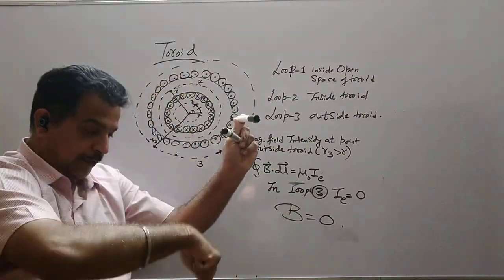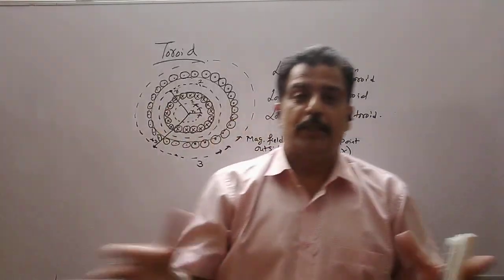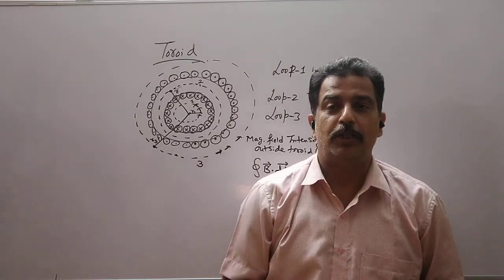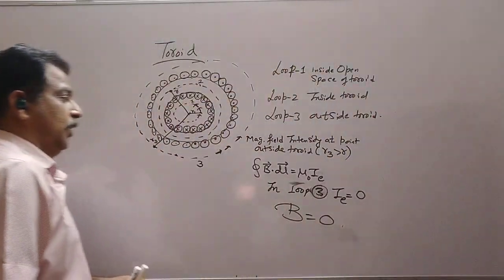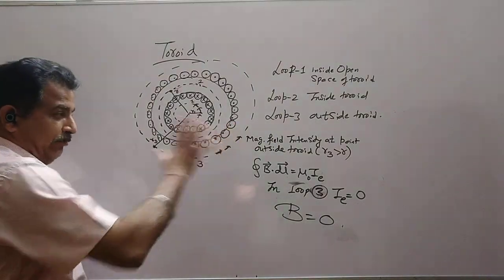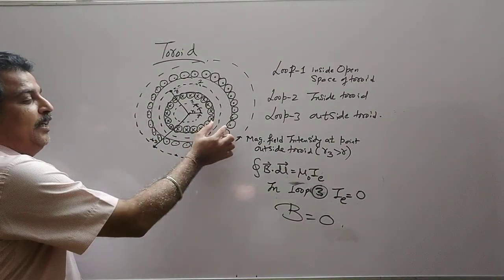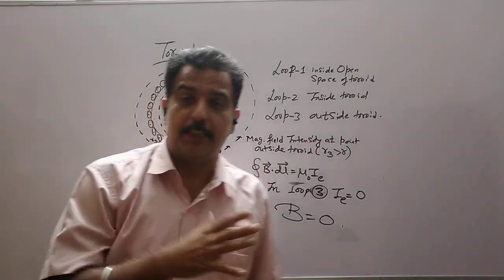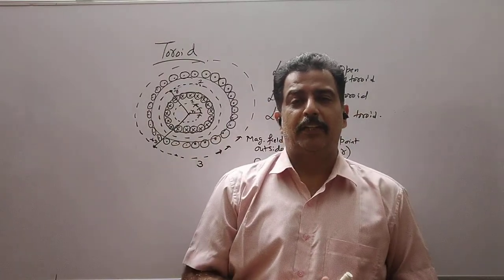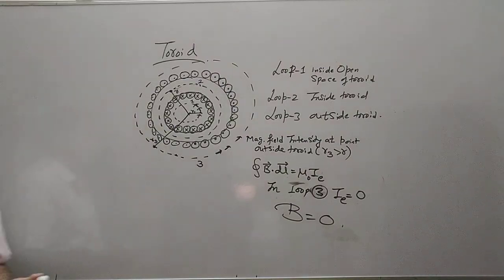Point is here, tangentially downward. Then again, both the magnetic fields are in opposite direction, so the resultant field comes out to be 0. We assume that the coils are closely wound and at the same time this is an extremely thin ring. You will neglect the thickness of the ring. Otherwise, there will be a magnetic field intensity outside the toroid, but its intensity will be very less.